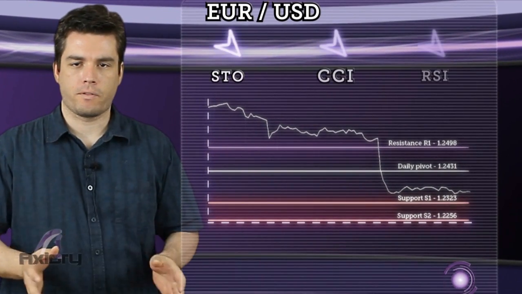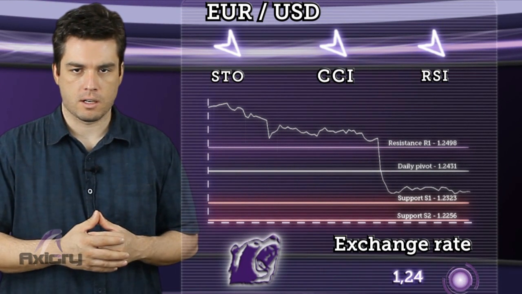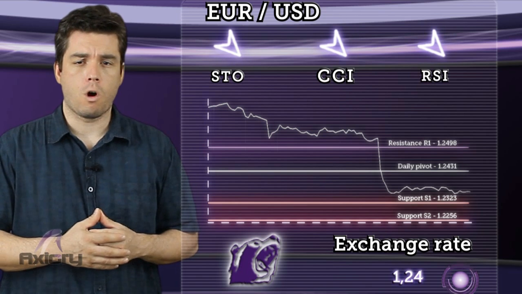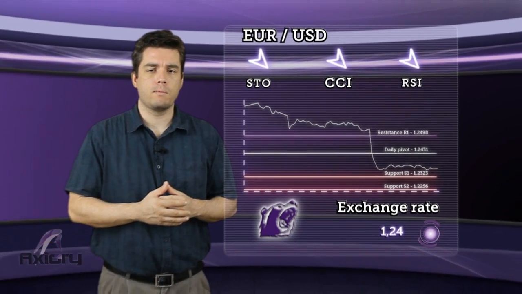A bearish outlook across the board today for all our major currency pairs. The euro dollar is below daily pivot, which indicates further fall towards support S1, where we can expect a short consolidation. Break below first support will open way to the next objective at S2 support, where a subsequent upward move